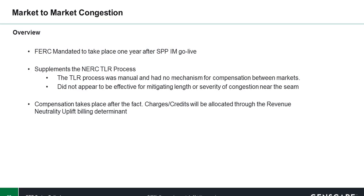So in terms of that compensation, that takes place after the fact. This isn't something where the markets, essentially what happens is after the dust settles, after the real-time settlements are done, one of the markets will pay the other depending on a few different things, including who had cheaper or more expensive shadow prices. We'll talk just a little bit more about that. But at least on SPP's side, charges and credits are allocated through the revenue neutrality uplift billing determinant. And I don't want to get too bogged down in an example here, but on the next slide, we just talk about